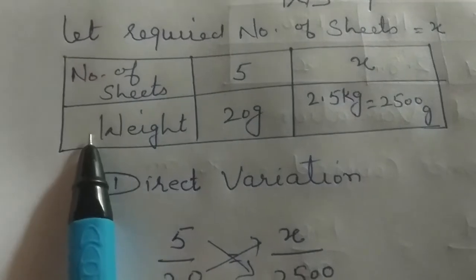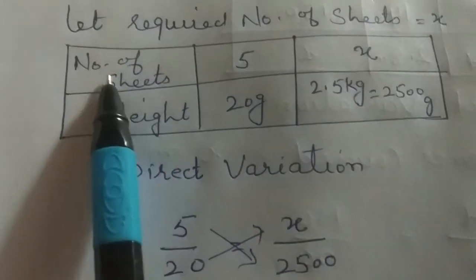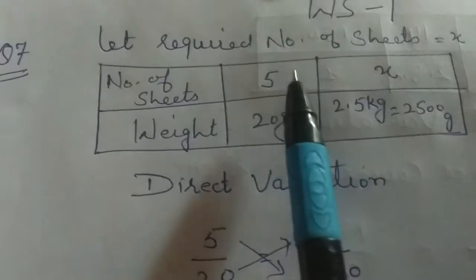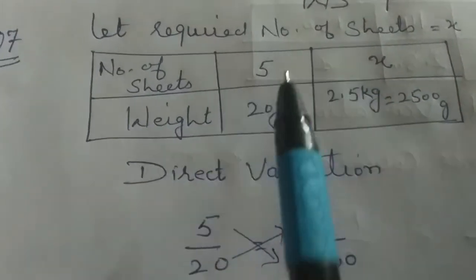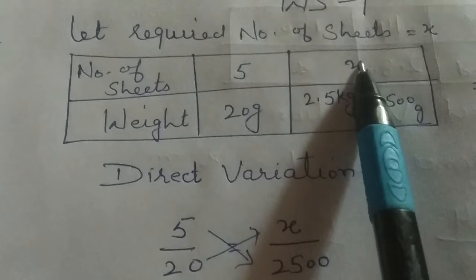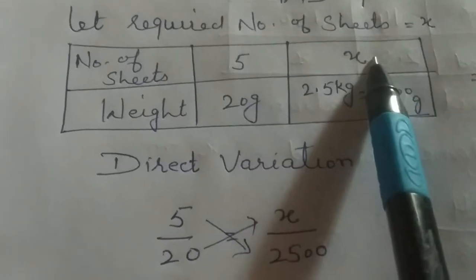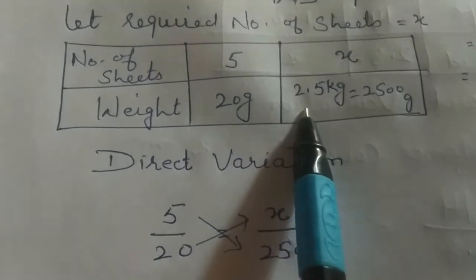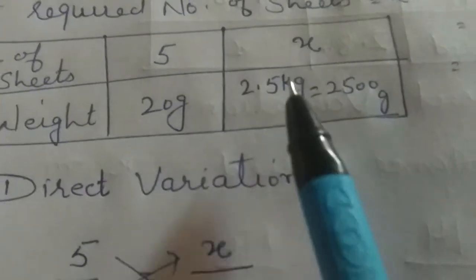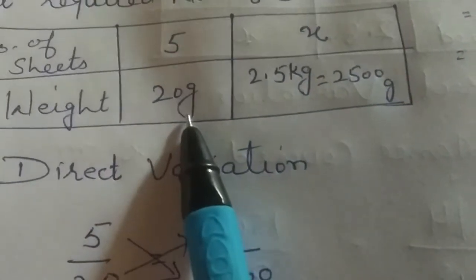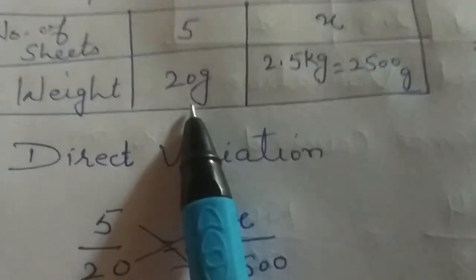Then draw the table in which you will write number of sheets and weight. 5 sheets weighing 20 kg, and you have to find the sheets which I have supposed x. Weight is 2.5 kg, but you will convert kg into grams because the unit should be the same. So how will you convert